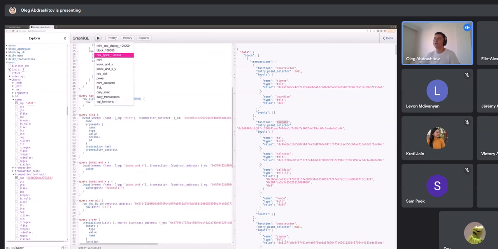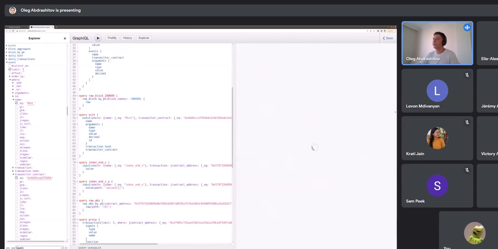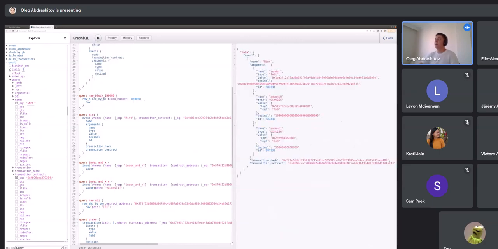So let's run this query. Mint will return one event of your contract, named mint, right? And here you have all the arguments, right? So that's already more useful for you as a developer, because you can query immediately for all of your events, and you can explore them in a decoded form. Now, the next thing to see